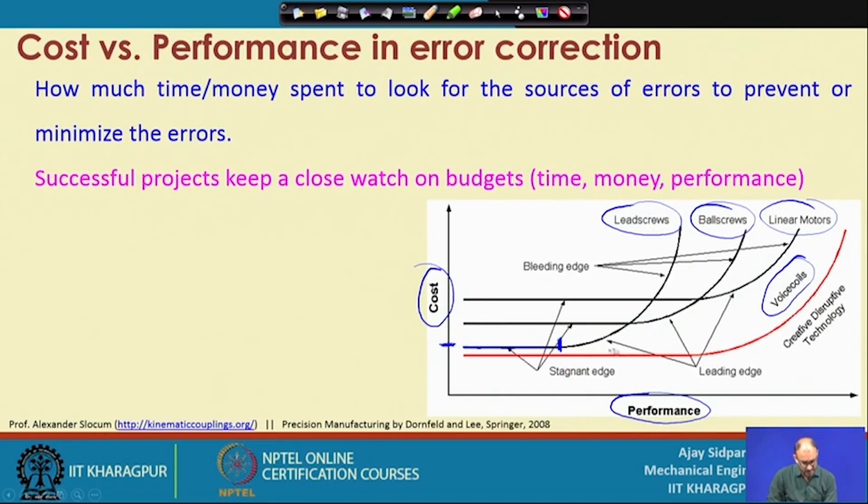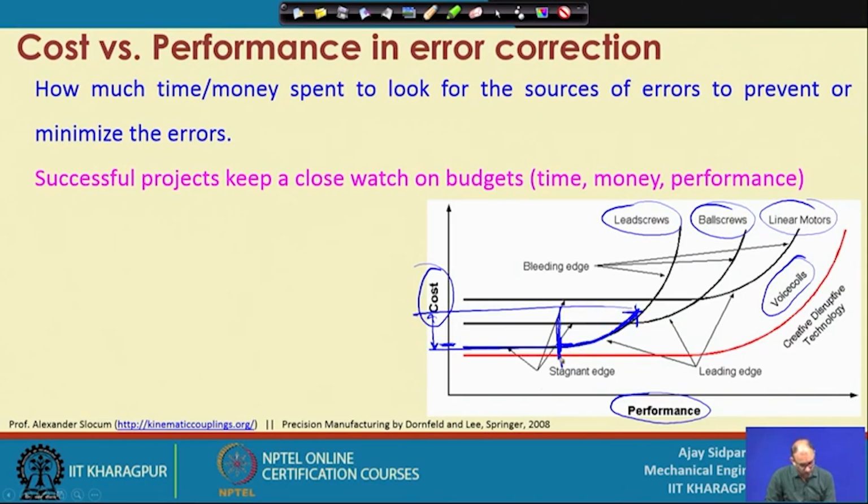Then what happens is that after that this particular line increases. Now, you are not getting performance free of cost. Now, cost also increases with increasing those types of sensors and other accessories which you are installing into the machine. So, it is also one of the limitations. Now, you have to find out what the slope of this particular curve is. Now, if you see starting from this point and ending at this location, now consider, your increase in cost is this much,